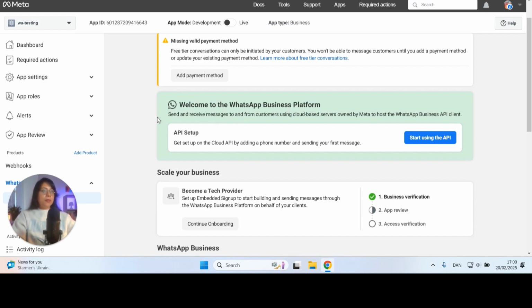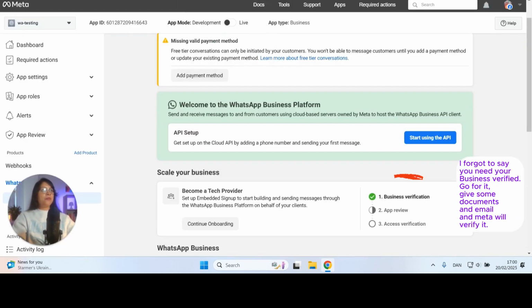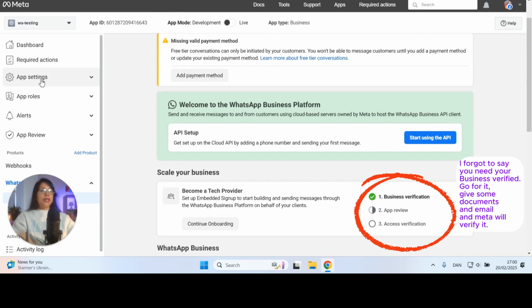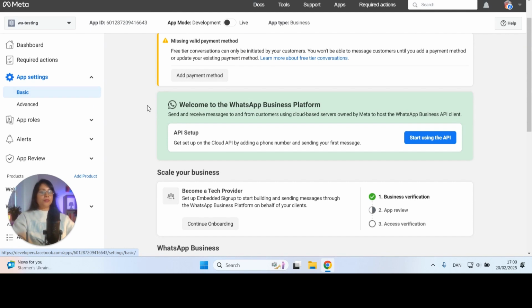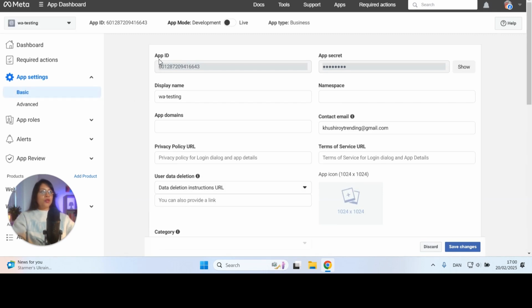All right. But let's go back to N8N where we left. Okay. So we were here actually. What we need is client ID and client secret. We will go back to Meta, and in the left hand side, click on app settings and then basic. It will always take some time. This is the app ID. Client ID is basically the app ID. Copy this,